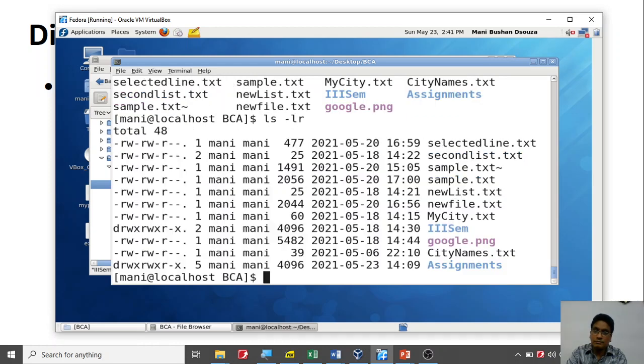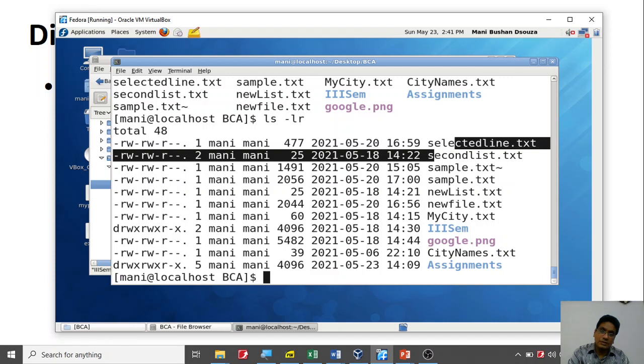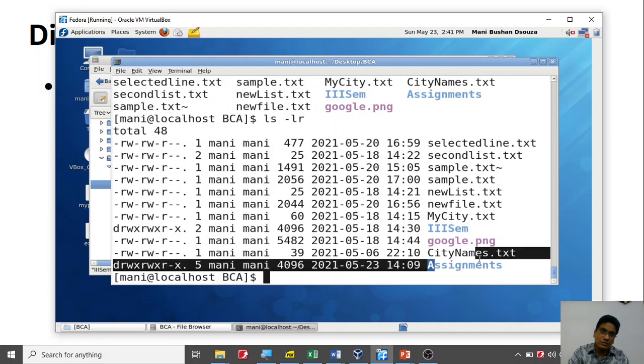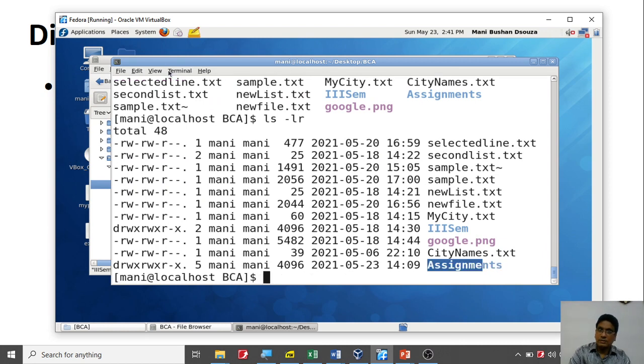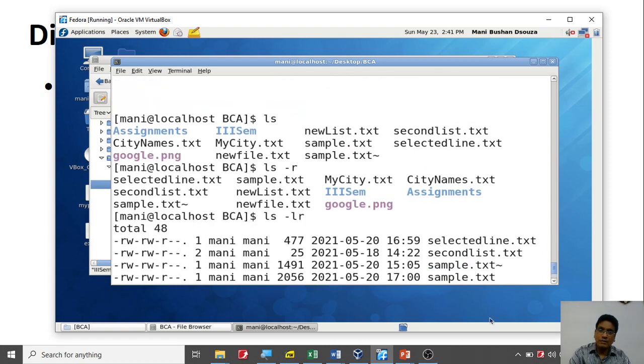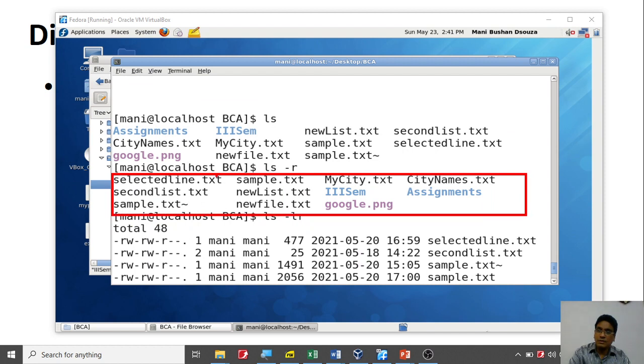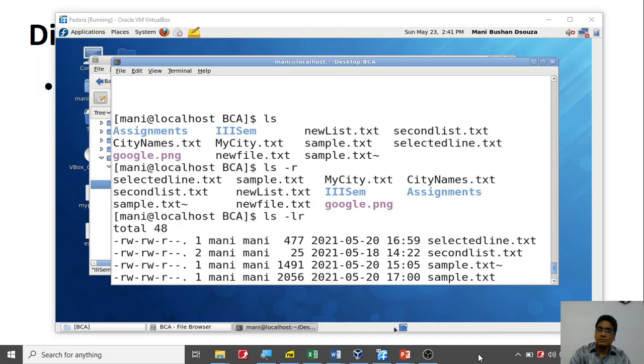So I'll use ls -lr. You notice it is S first and A last. Okay, so you can notice over here. Why didn't I show you this? This is appearing in columns. It is going to be a bit confusing. It's actually in the form of columns. So this is one column, this is the other column, and this is the third column. It shows in the form of columns, so it may be a bit difficult for you to see it.